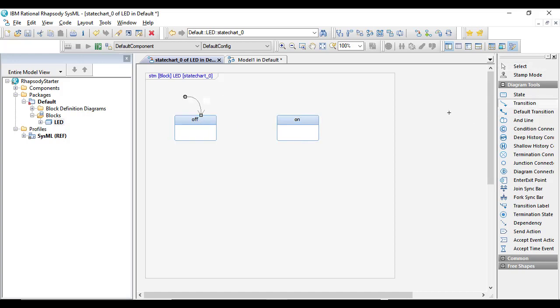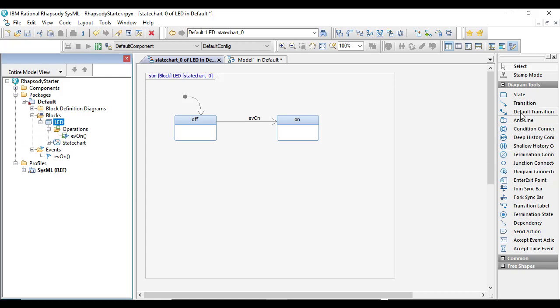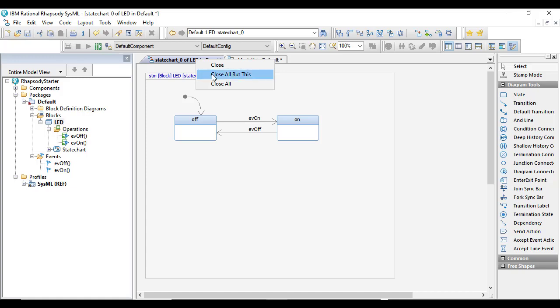Initially, it is in the off state, and when it receives an event, for example, event on, it changes to the on state. And with event off, it changes to the off state. The point here is just to build a simple model that we can run.